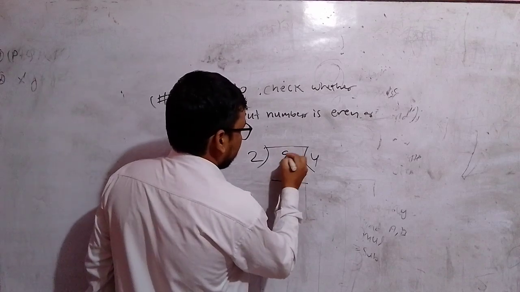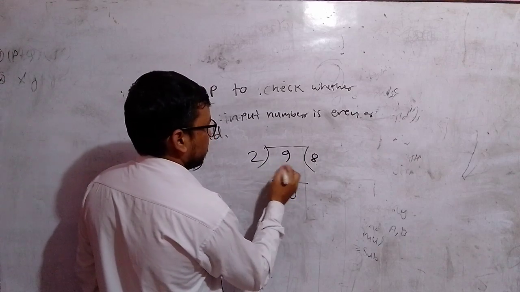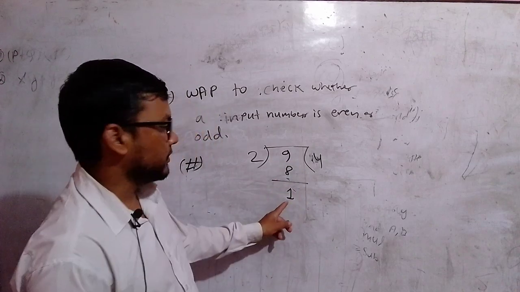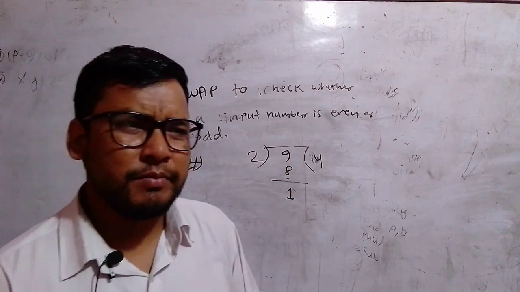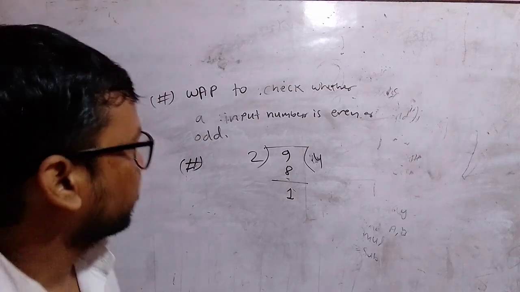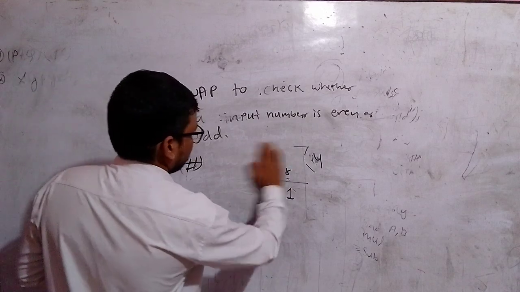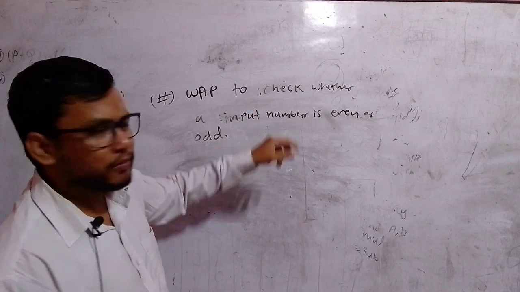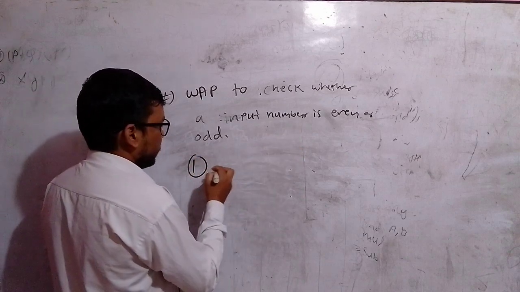Suppose 9. If we divide 9 by 2, 2 fours are 8, and it gives remainder 1. That means 9 is an odd number. In this way, we can check any number whether it is even or odd by dividing by 2 and checking its remainder. Now, the same logic we will use to find its solution. What would be the steps to check whether the number is even or odd? First of all, we need to